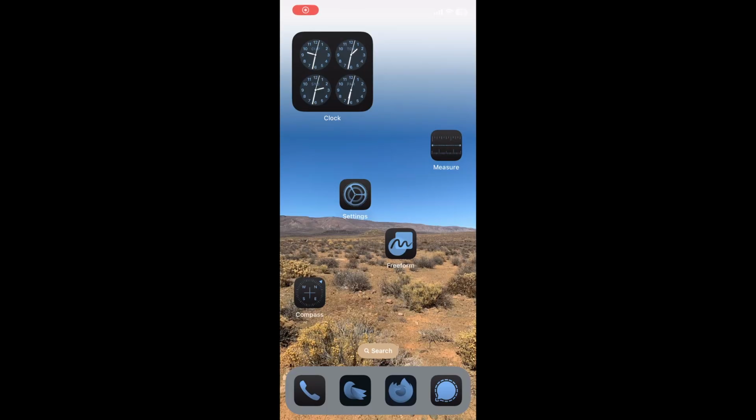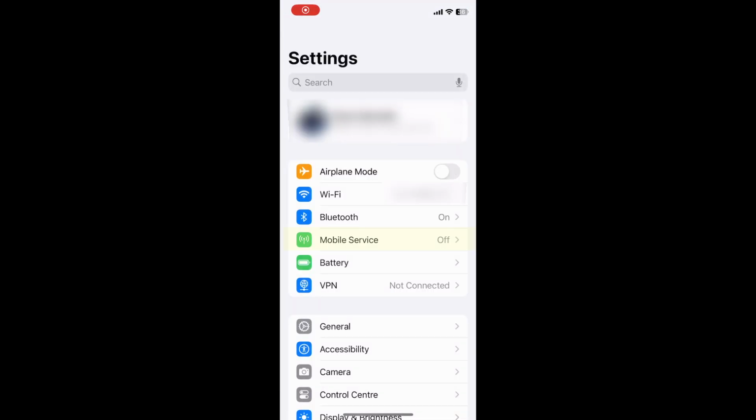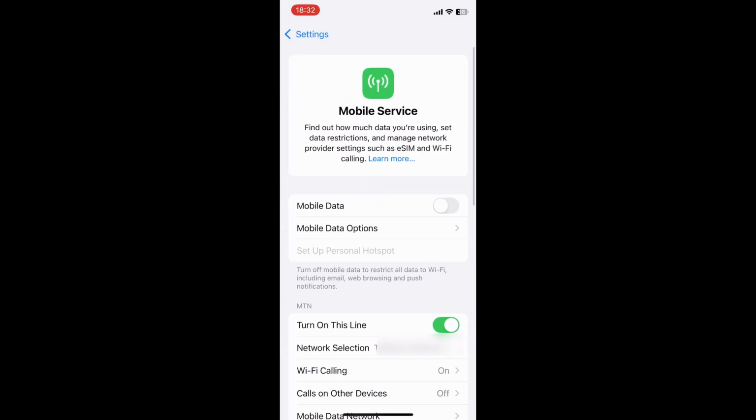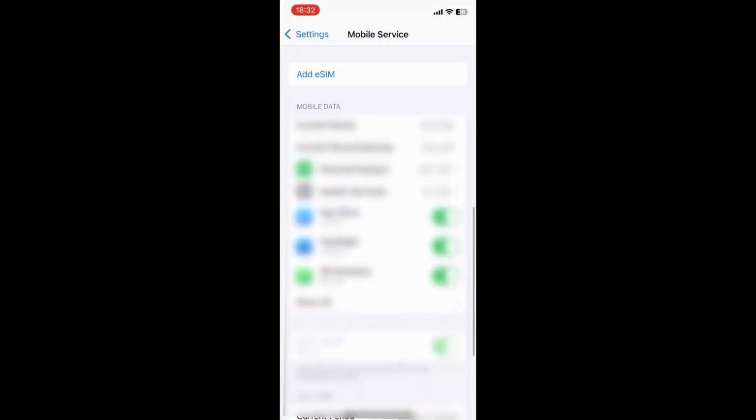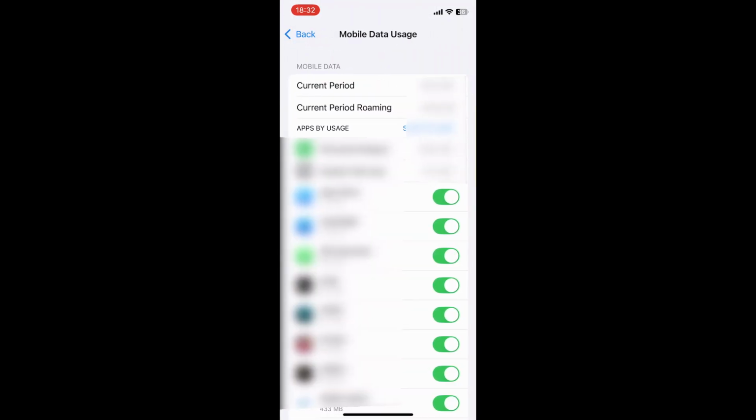To block apps from using mobile data on iOS and iPadOS, open the Settings app. Tap on Mobile Service. Scroll down until you see the list with all your installed apps. Select the app you want to block from mobile service and tap on the toggle switch to deactivate the mobile